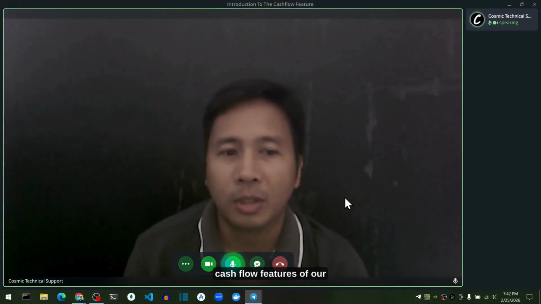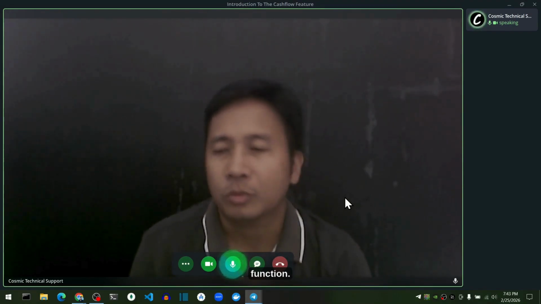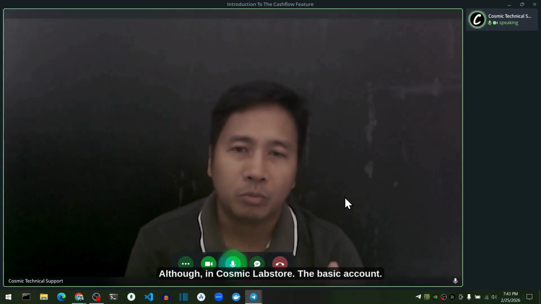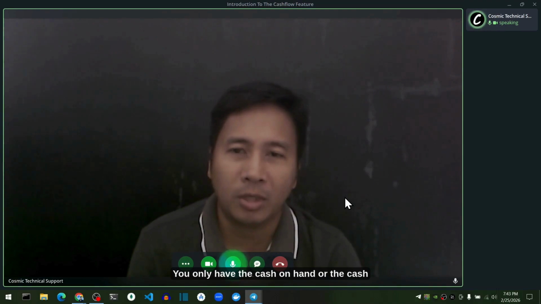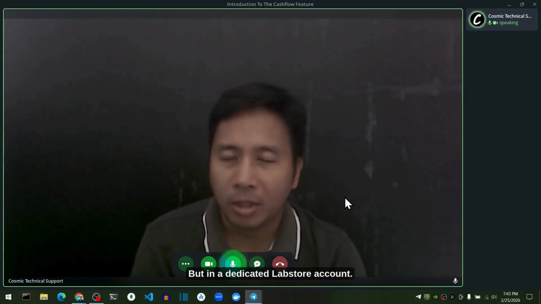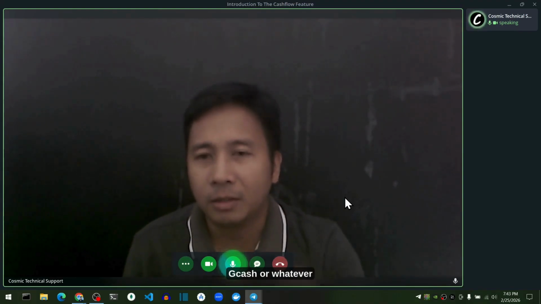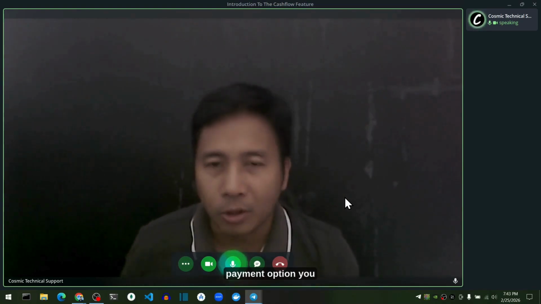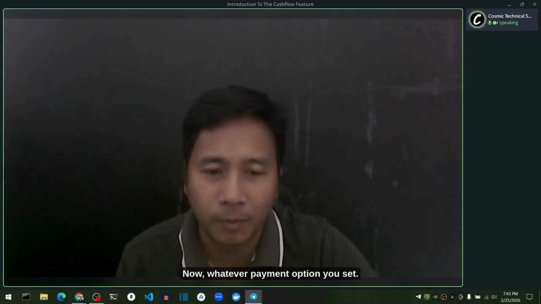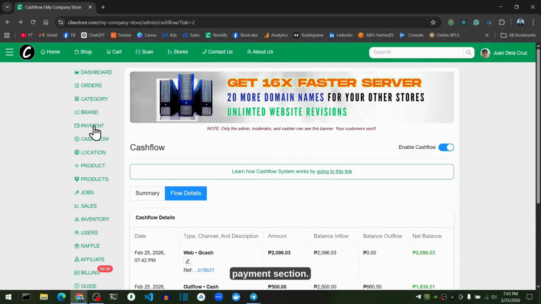So that's basically how the cash flow features of our Cosmic Lab Store account function. Although in the Cosmic Lab Store basic account, you only have the cash on hand monitoring, in a dedicated Club Store account you can monitor even GCash or whatever payment option you set in your payment section.